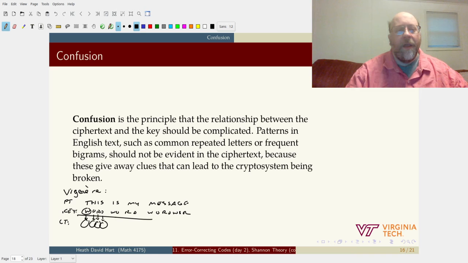And so this is what makes the consistency test possible, that there's a repeating pattern of the characters that are encoded with a W, and repeated characters that are encoded with an O, and repeated characters that are encoded with an R. If we want to confuse this, we might want to do something where we rearrange the key each time. So as a modified Vigenère,